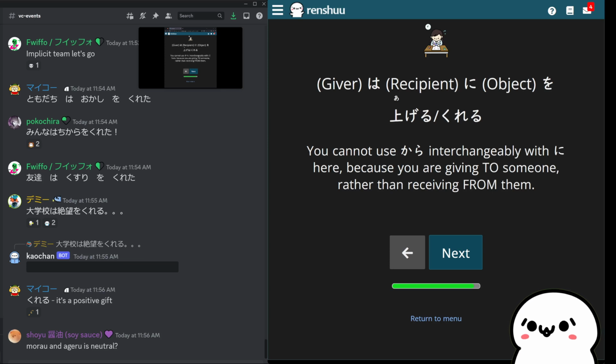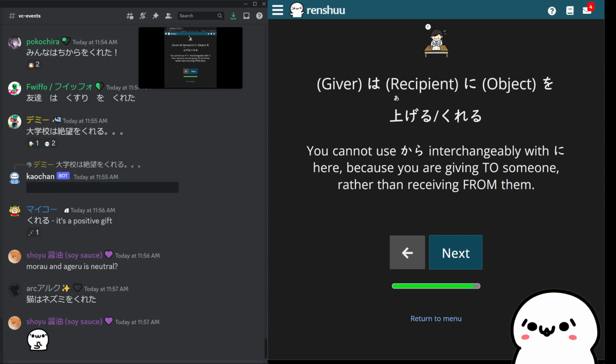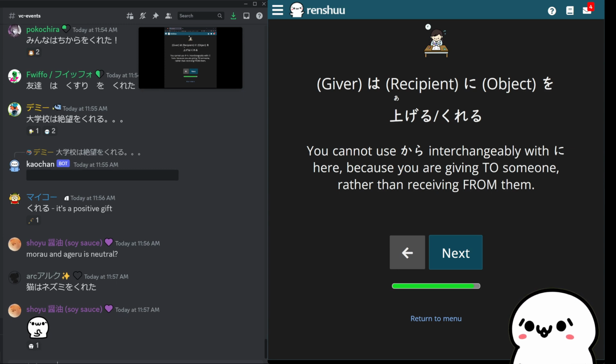Morau and ageru can be good or bad. So they're neutral in the sense that you can use them in positive ways or in negative ways. They don't have a specific positive or negative slant to them. So morau, for example, is "receive." Let me type out a sentence. Watashi wa